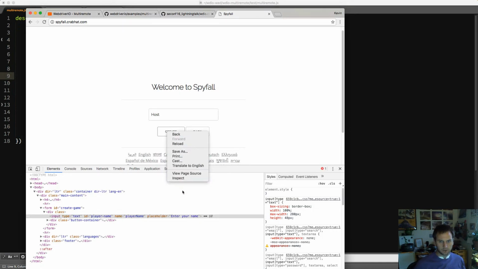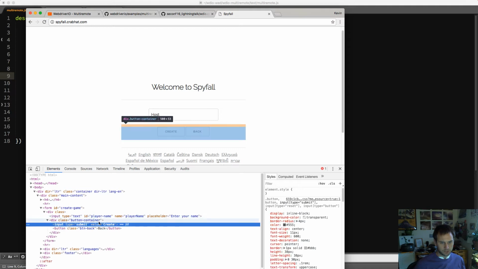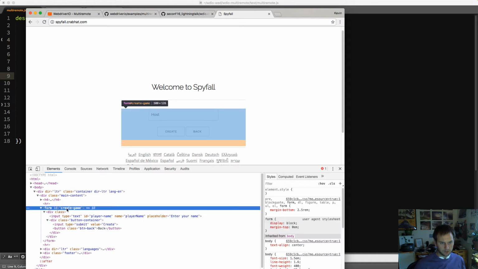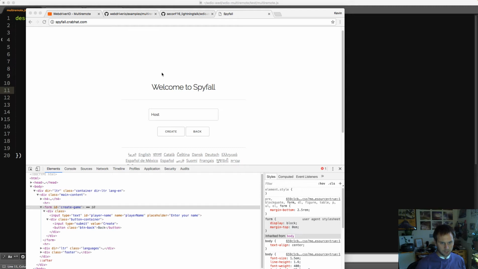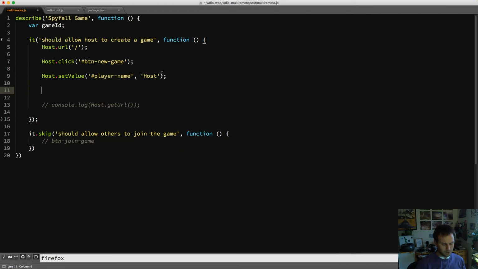And then I'll click create, which is the create button, and that's inside of a form. So I think I can do submit form, passing in the ID of the form,